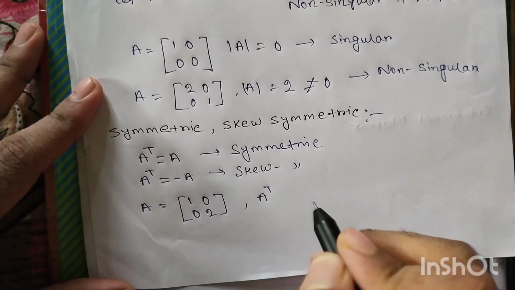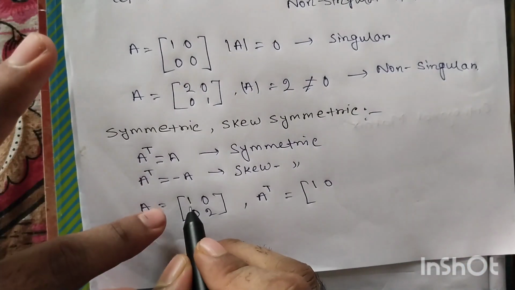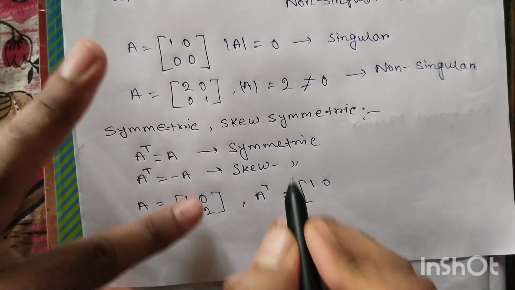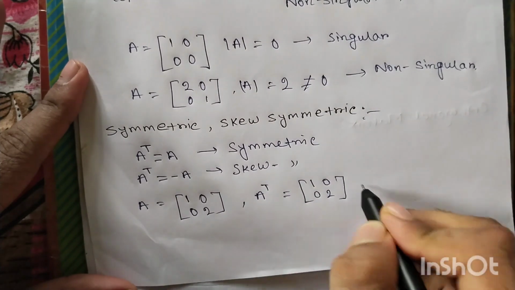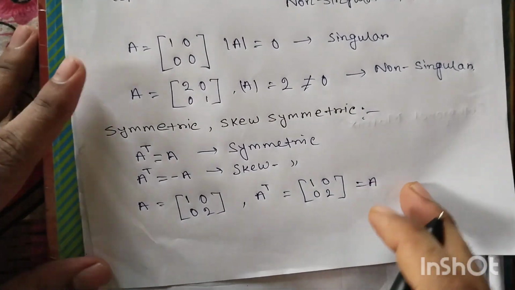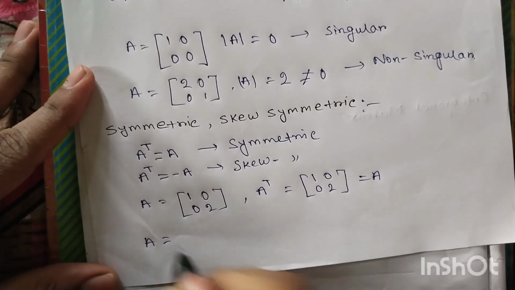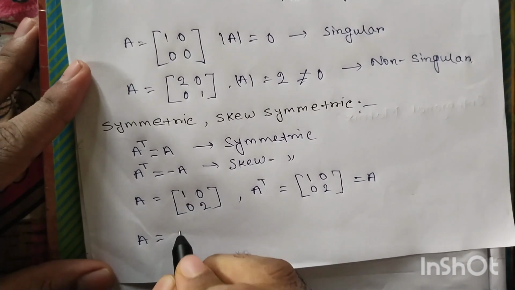And the transpose of A should be the same, 1 0. You write each column to each row, each column to each row, so this is equal to A, so this is a symmetric matrix. And now the example of skew symmetric matrix. This A is a symmetric matrix, and